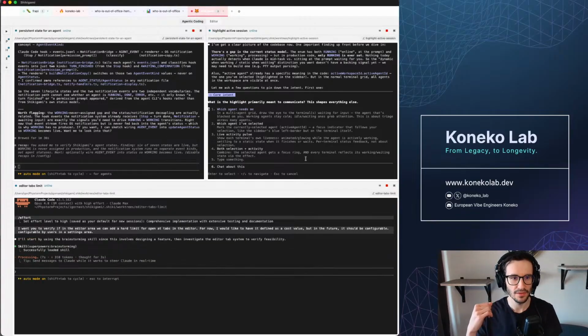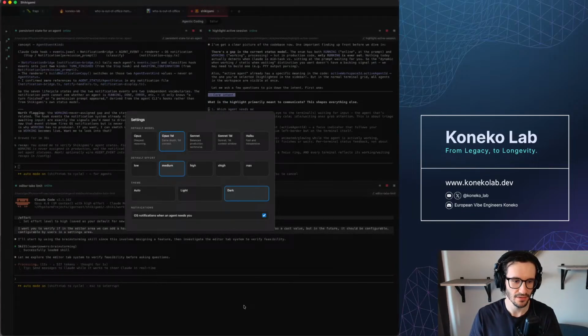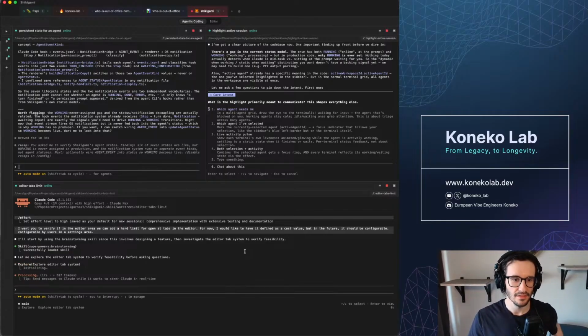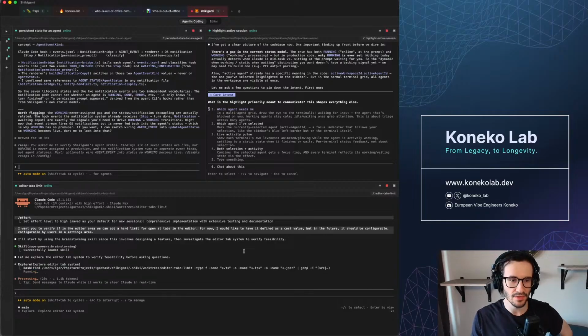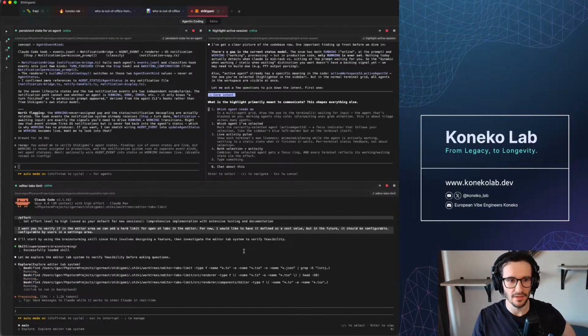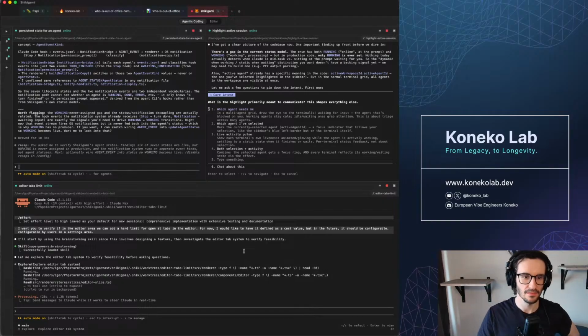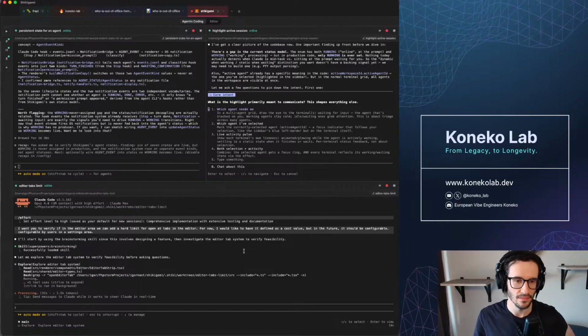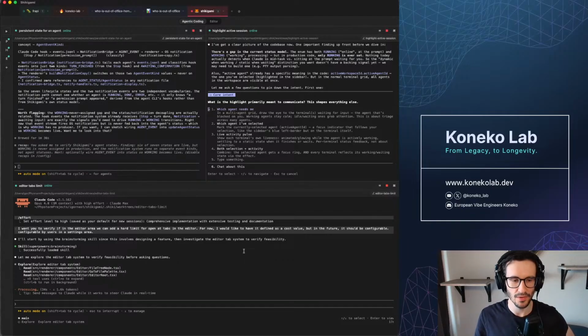Okay, and the brainstorming session with highlighting, sorry, let me switch to dark, because I prefer dark more. Okay, so there is a question from an agent that's working on the highlighting active session feature. It is asking what the highlight is primarily meant to communicate.